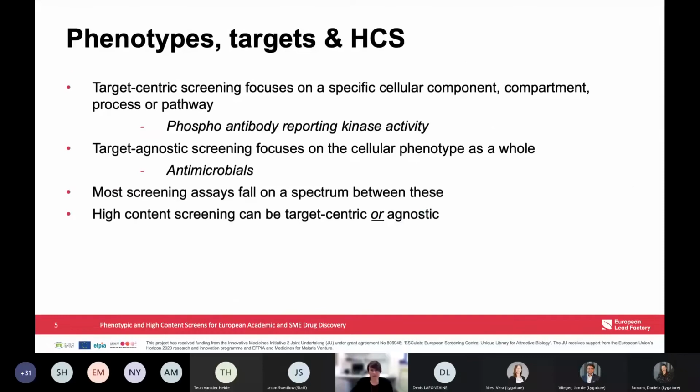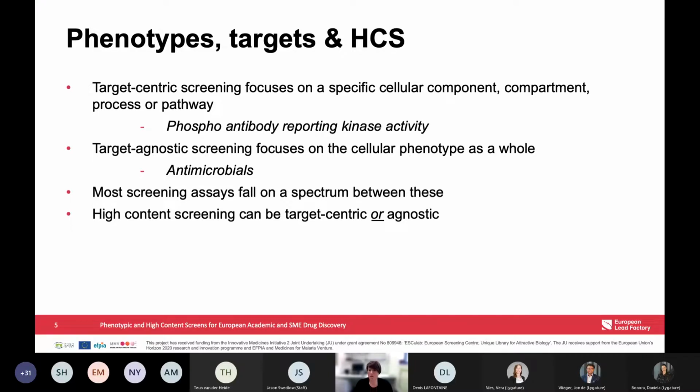So phenotypes, targets, and high content screening and how they might differ. You could take a target-centric screening approach, which focuses on a specific cellular component, compartment, process, or pathway, where an example of this might be looking at a phospho antibody if you're reporting the activity of your kinase of interest. And on the other hand, a target-agnostic screening approach focuses on the cellular phenotype as a whole, where a well-characterized disease-related phenotype,